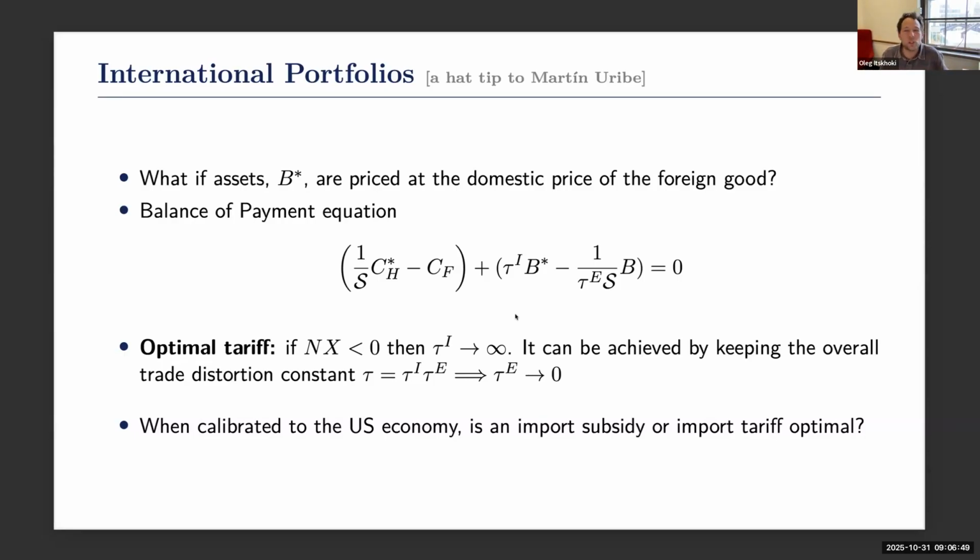What's the intuition? Well, you need to look at the profits of a German company, and those profits are much more related to PF star, not to PF that American consumers pay, because the gap between the two is tariffs, which don't go to the German company, they go to the US government, right? That's why PF star is the relevant price when you look at the profits of German companies. This is the intuition. That's how the algebra works out.